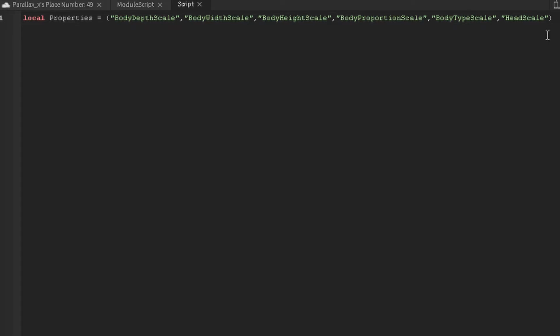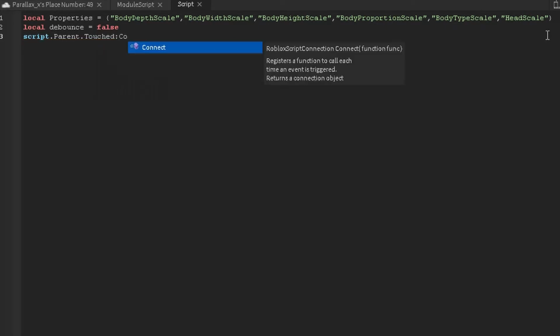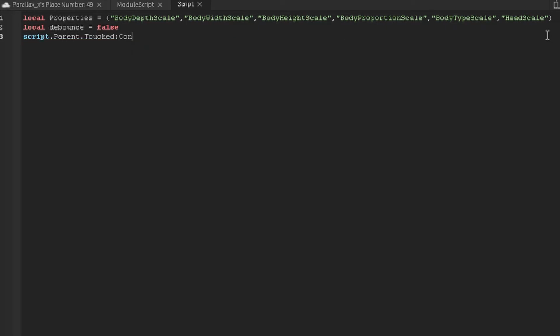So after you get all these properties done, the next thing we're going to do is make a debounce variable, because we don't want people to keep running this thing. So debounce equals false, and then script.Parent.Touched:Connect,